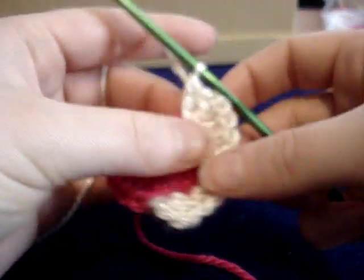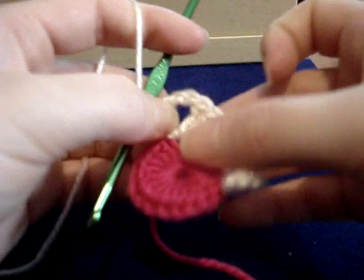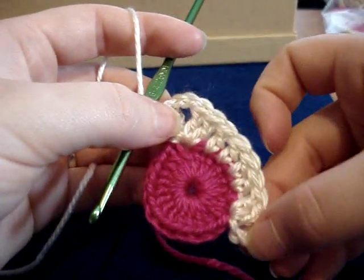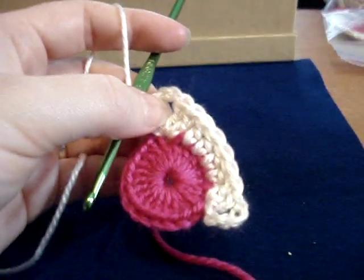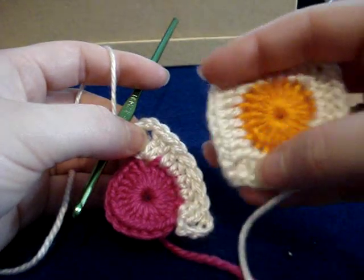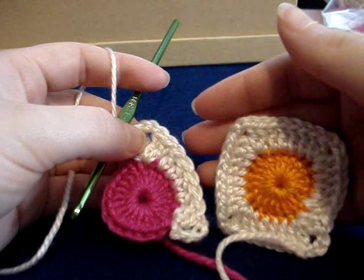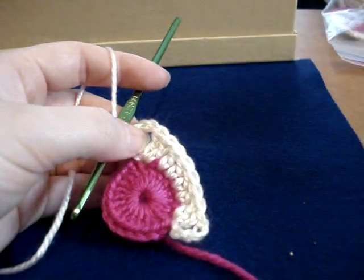And our corner has been made. See? Now it looks a little rounded right now, but that's okay. Once we have it all together, it will look much more squared. And then of course, if you're going to block them, make them look even more squared. If not, when you join them, they will also look much more